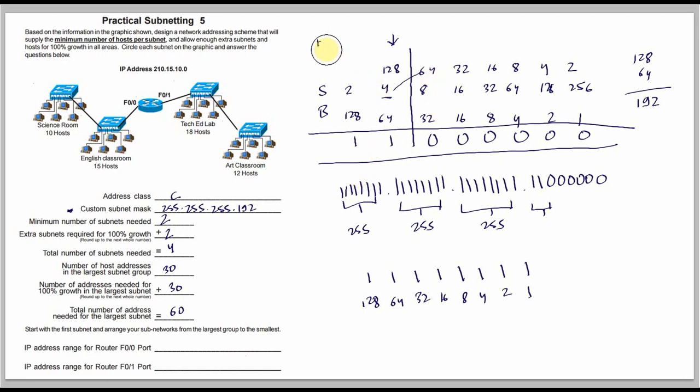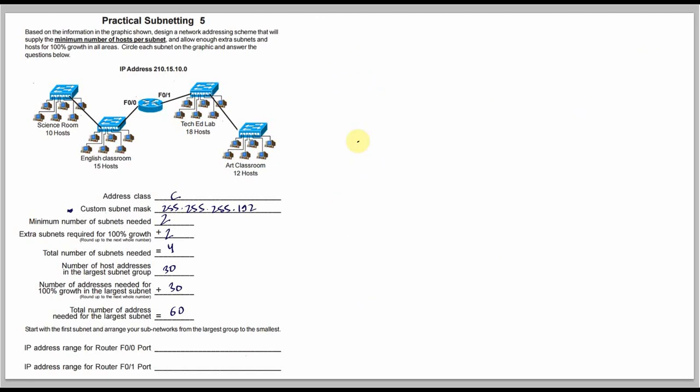I'm going to go ahead and clear these up. You're going to have to find the IP address range. Just checking my pen. Alright. So the IP address range, these are the values